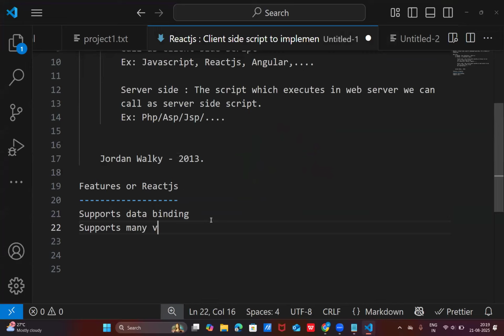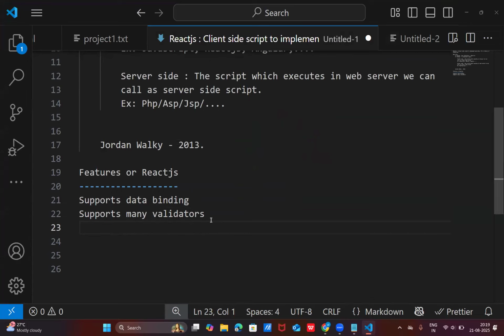it supports many validators. In JavaScript, we need to implement validations to check the input controls. But in React.js, predefined validators are available. These validators we can apply directly on the HTML controls to check whether the control is empty or not. This type of condition we can check here. Next one,